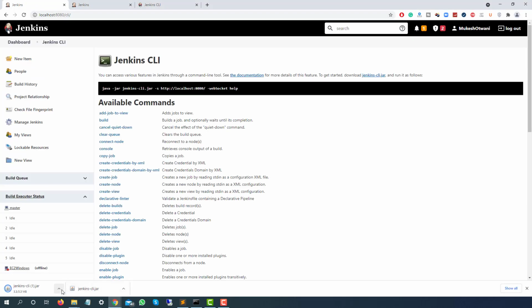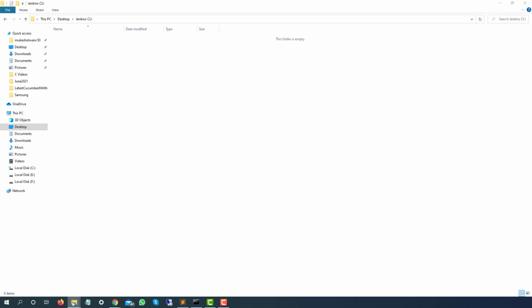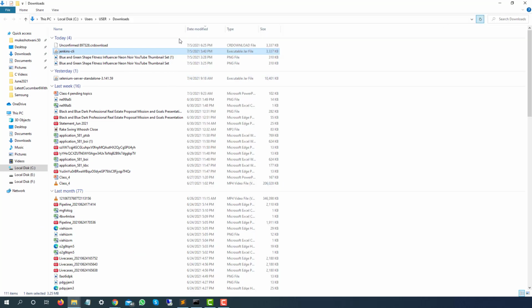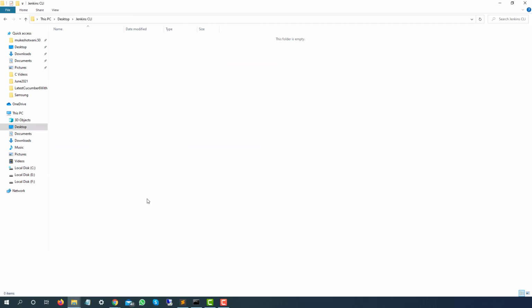It is in my Downloads folder, so I will click on show in folder, or I will go directly to my Downloads directory and refresh. You can see the CLI downloaded twice. I will just do a Control X and keep it here.